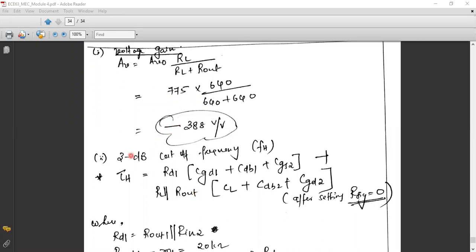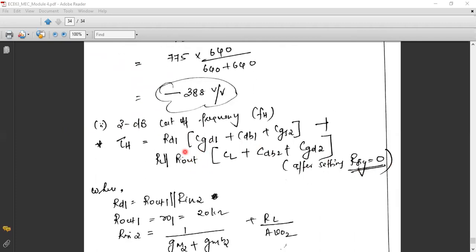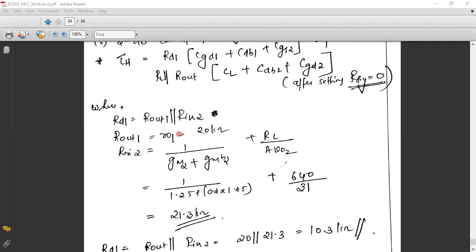After that, the last parameter, that is frequency FH. So for that, we will find tau h. This is a general expression of tau h after setting RSig equal to 0. Actually, there are three terms, but in that, I have neglected the effect of RSig and I have rewritten this equation. You can compare it with the actual expression, that is the previous case. In the previous case, I had three terms. So in that, I have set RSig equal to 0. After setting RSig equal to 0, I got this particular equation. And then I'm substituting all the parameters. So no need to find all these. But of course, this I need to find because RL is different for this particular case. So you need to find R into.